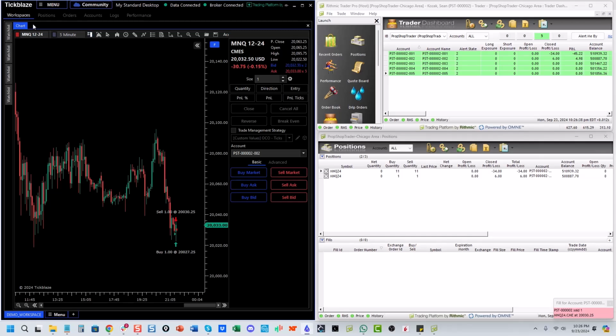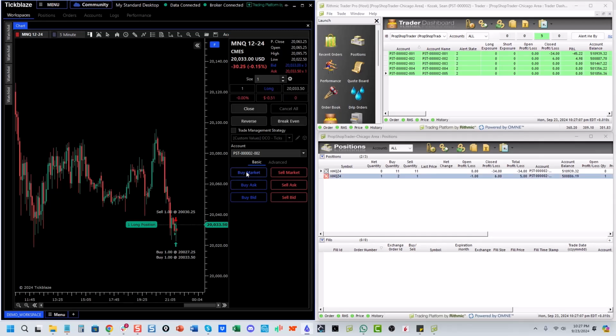Okay, but if I want to be able to kill the position from Rithmic, for whatever reason, something happens to Tickblaze, internet, platform crashes, etc., or if something happened to the Rithmic, whatever, we need to be able to kill the positions or manage the positions from one platform or the other. It is just good practice so that you always have a safeguard to be able to execute, fulfill orders, move your positions and manage your risk. Okay, so when I essentially buy market here, for whatever reason, if I want to kill the position from inside of Rithmic, if I don't have, okay, go back in here, if I don't have